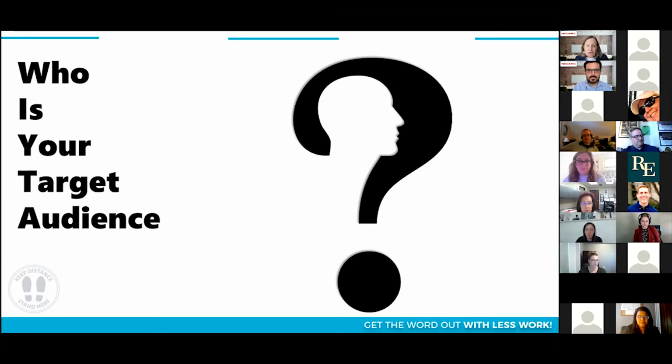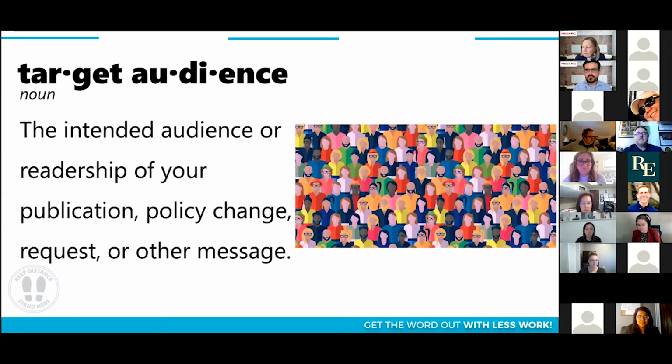However, stakeholders is a large group and a diverse group of people. And so if you don't hone in on your target audience and your message, you may find that your message is not understood or acted on by anyone. And then because we're all so busy, we've wasted our time. So we really want to make sure we think about target audience.